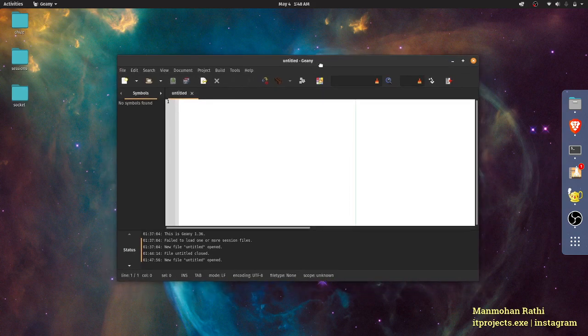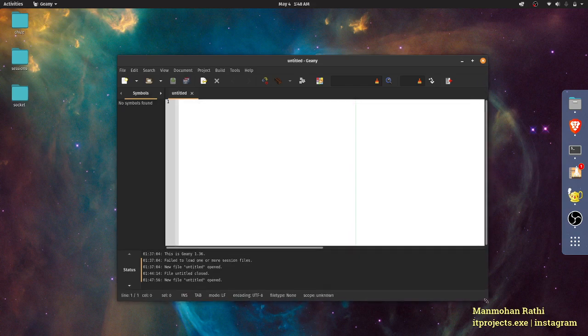We'll learn how to do server and client software programming in computer networks using Python. You can run this program in normal Python, ideally in Windows or any other Python IDE that you like. I'm using Geany here. For this you need only one library called socket, and it is mostly pre-installed with Python, but if it is not, you can just install it. Let's start with the server side of the code first.